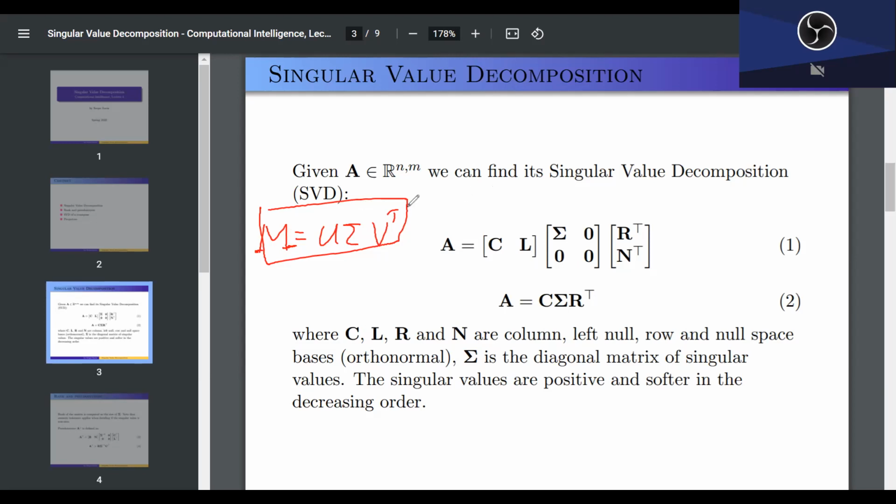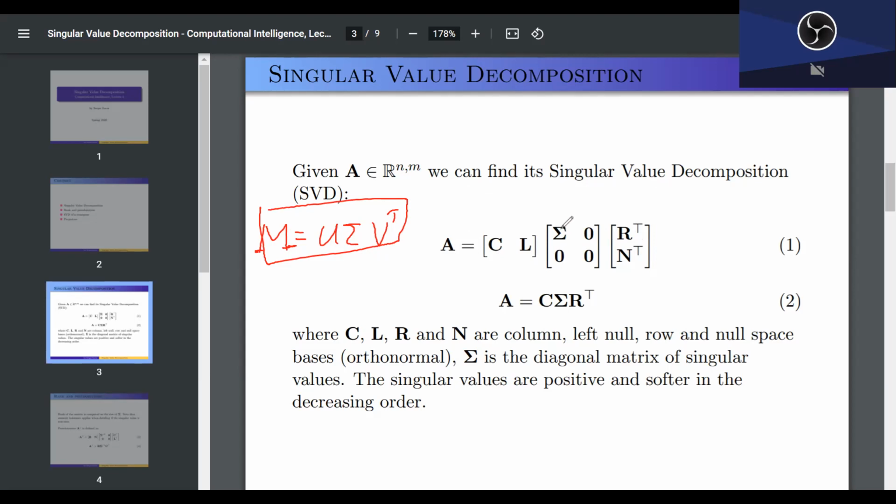It is nice, but I'm going to write it this way, as I wrote it here. I think that is actually easier for us in this class. And this is the same thing, right? I just wrote: this is U, this is V transposed, this is sigma. Notice I explicitly wrote the structure of sigma. Sigma is a diagonal matrix,